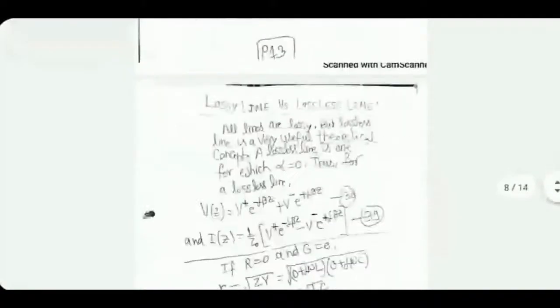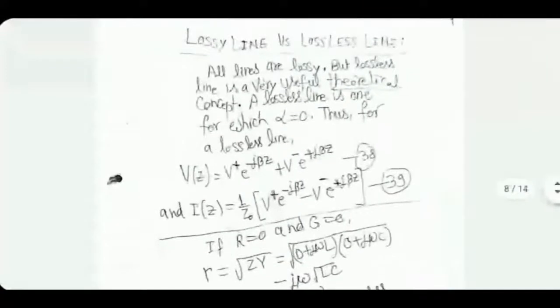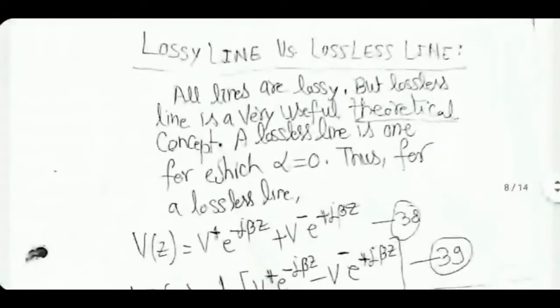This is a real fact that most transmission lines see reflected waves all the time. All the signal does not go forward. Some of it comes back to the generator. Now, there is a concept called lossless line, which is actually a theoretical concept because no line can be lossless. Fully lossless is not possible. But it's a good concept against which we compare real life situations.